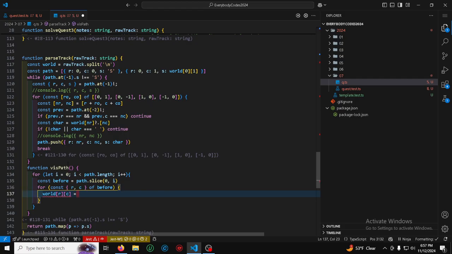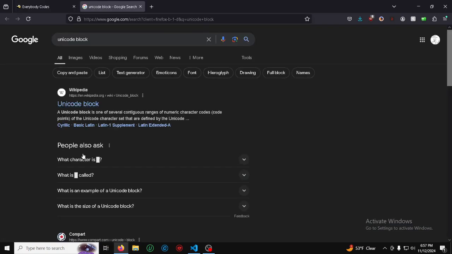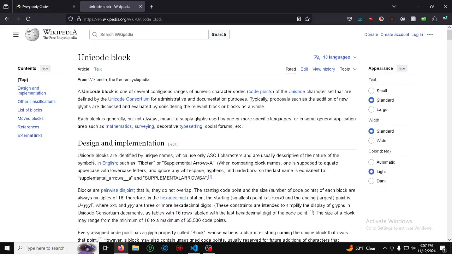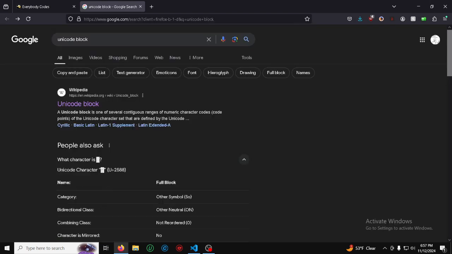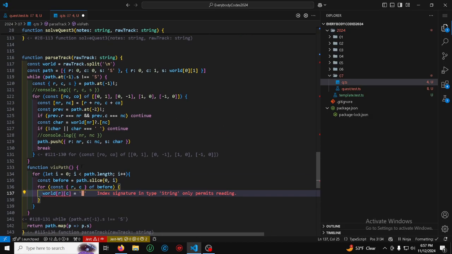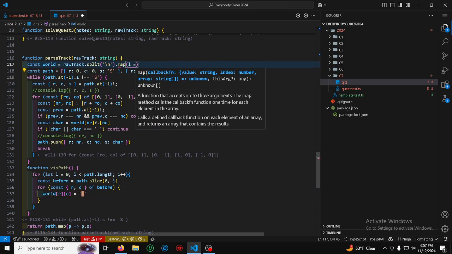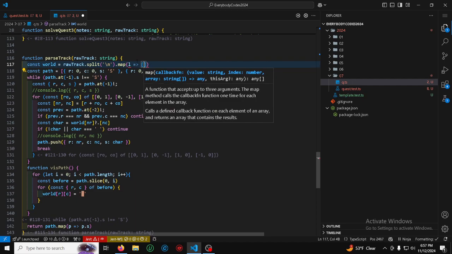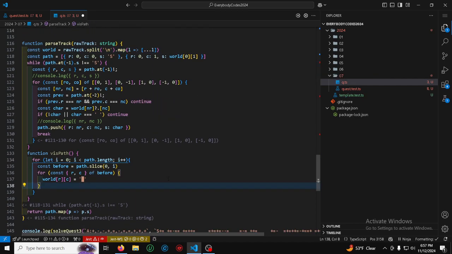I need a Unicode block. Just give me the square. I think I'll find it on the wiki better. Oh jeez, I should have just stolen it from the thing. Got it. There you go. Yeah, I don't care about you. Only permits reading. Congratulations, you're on a write. I can write to you now. And then I need to